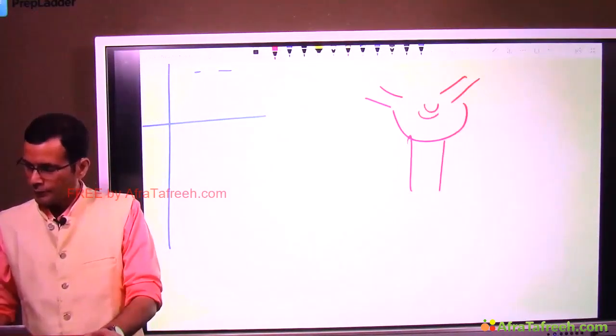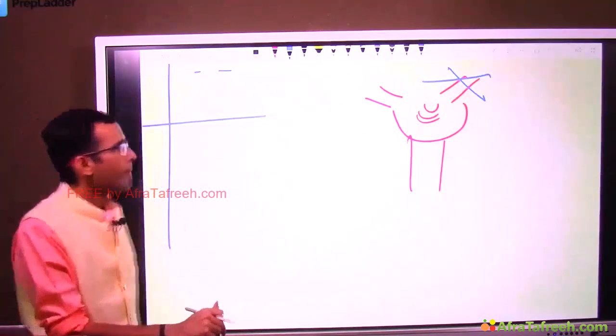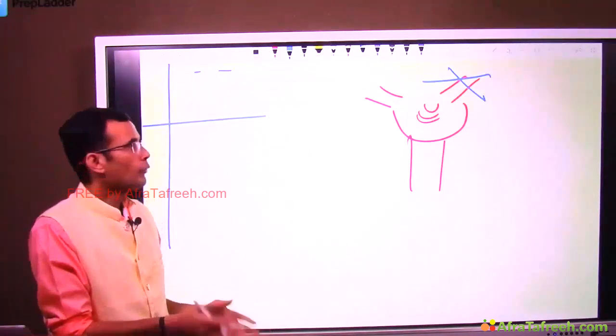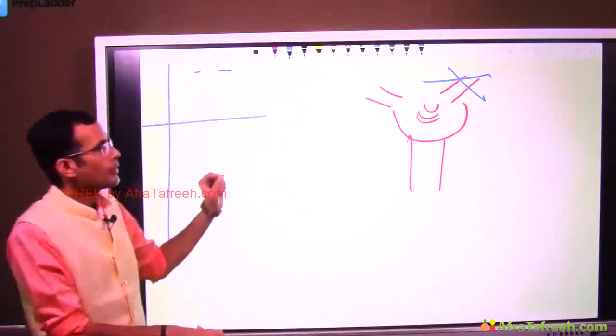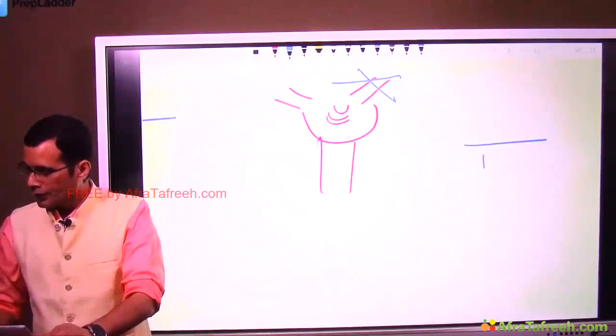Here is the efferent arteriole. If it is constricted, what will happen to the blood flow and what will happen to the GFR? Look, first of all, renal blood flow will decrease and renal plasma flow will decrease,